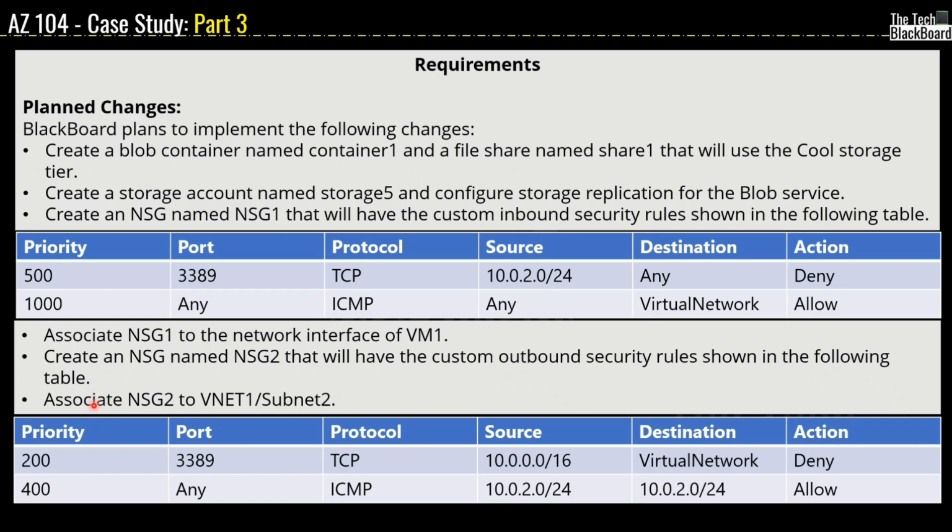Further, it says to associate NSG2 to the VNet1/subnet2. You can see here that we are given the custom outbound rule. We are given priority, port, protocol, source, destination and action. Please mind that the table below is the custom outbound security rule and the table above is the custom inbound